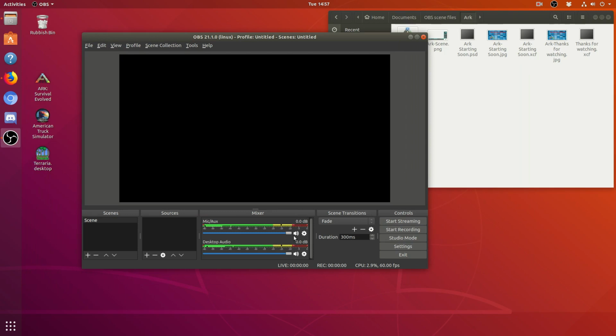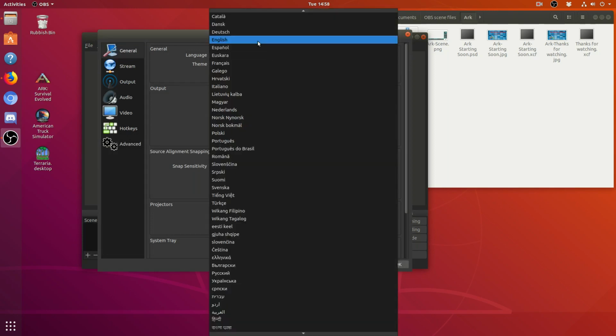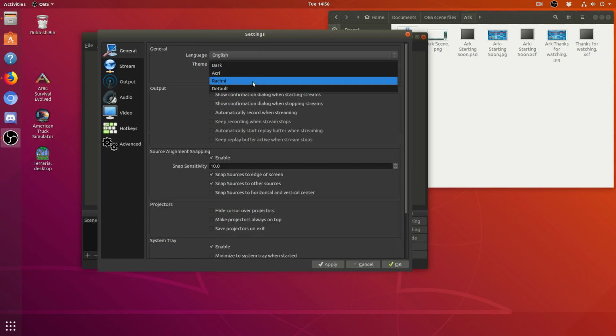So as you can see, it automatically gives you a microphone and a desktop audio as standard. We don't want them. I found out that it's best if you turn them off. So if we go into settings, you can see various settings for general. You can choose your language. You have a choice of themes,